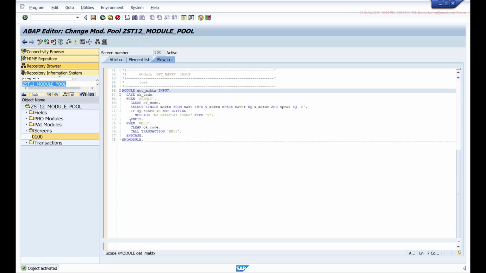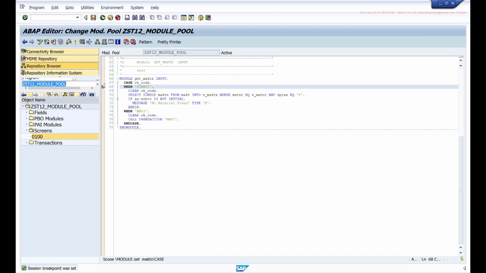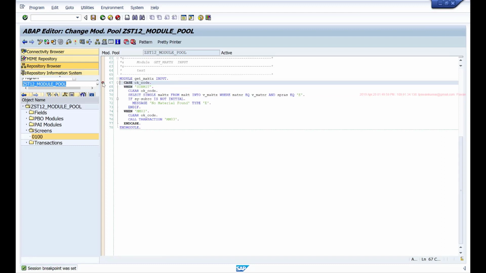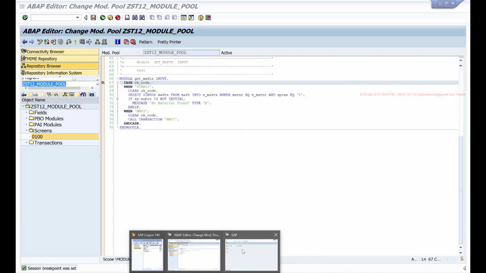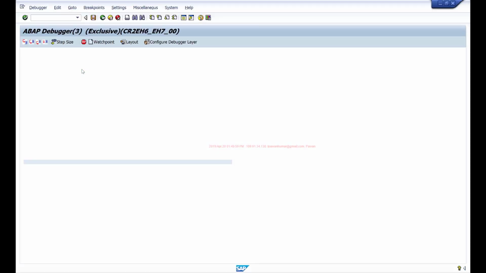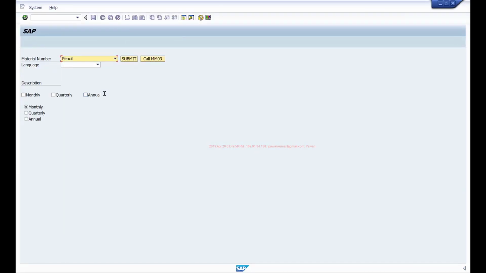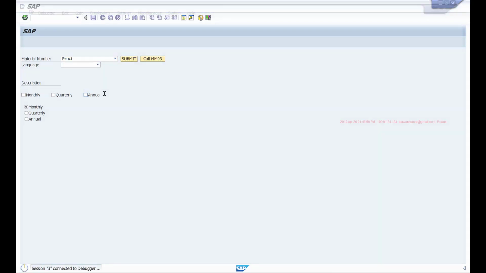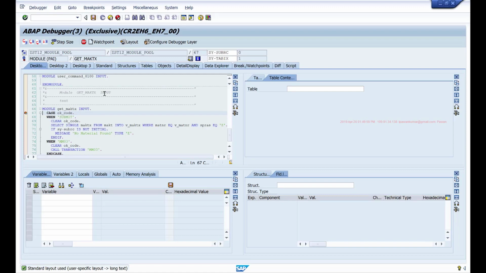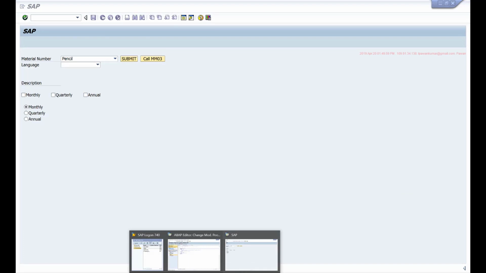So if I keep my breakpoint on this select statement or on this when statement, on this case statement, and execute, every time I hit enter, my module is called. So the field statement is only restricting the data transfer and not the module call. The module is still called. Earlier I had pencil as the value that it called that module. Now I have the same value, but it still calls this module. Okay, so I'll make a couple of changes.